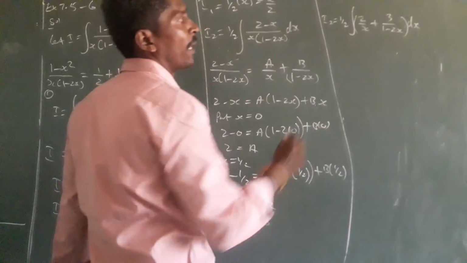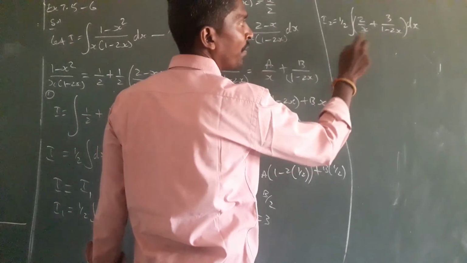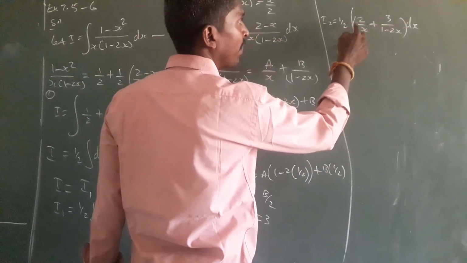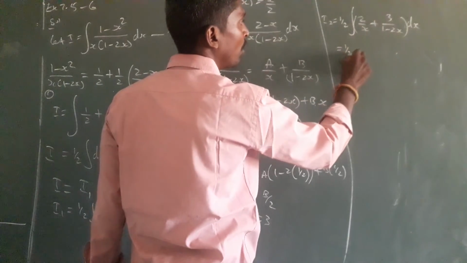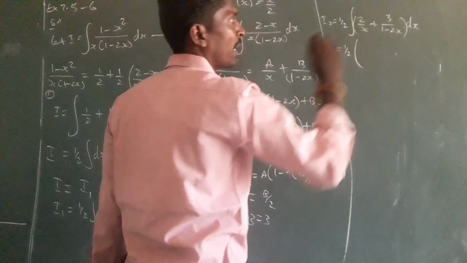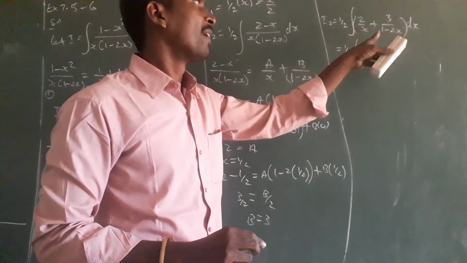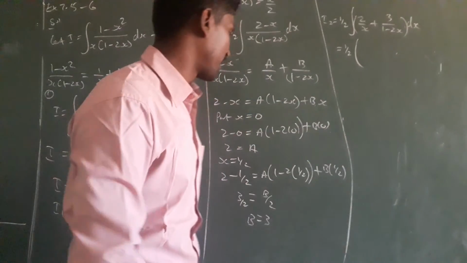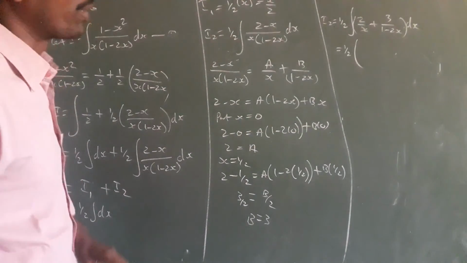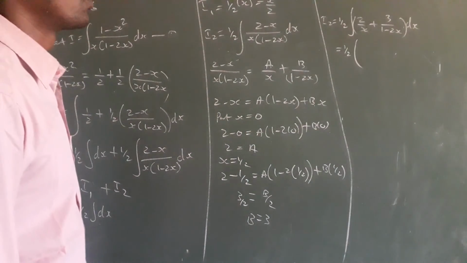Okay. Now we have two terms here. We take 1 by 2 into integral of. Here 2 is a constant term. When differentiated we get the numerator value. Here 1 minus 2x is there. Again we go with the substitution method, that 2 minus x